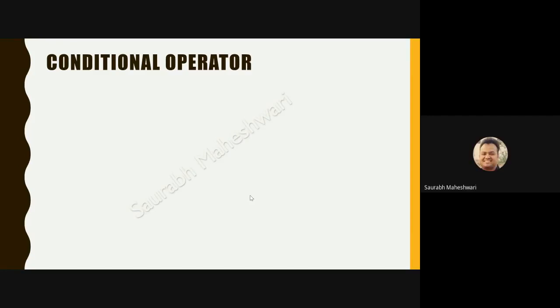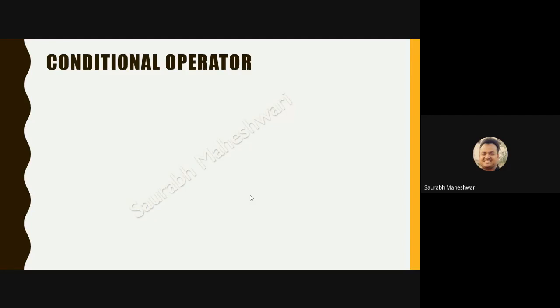Fine. So in today's lecture, we will see decision making with the help of the conditional operator. Before that, we saw how to do decision making with the help of if else, where you have only two decisions, true or false. So you use if else, and when you have multiple options and the value of a key has some integer or integer convertible values, then you use switch case. So in the end, we have the conditional operator.